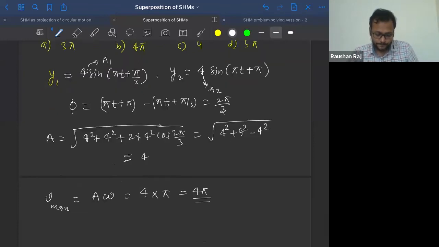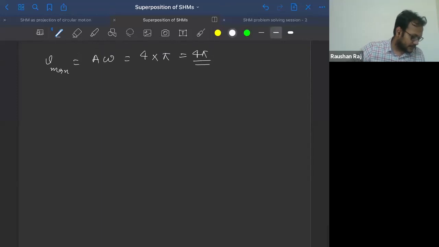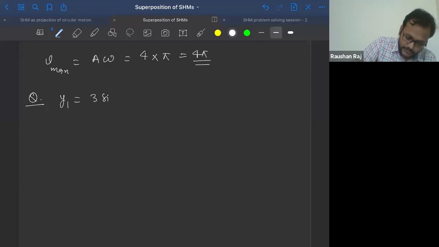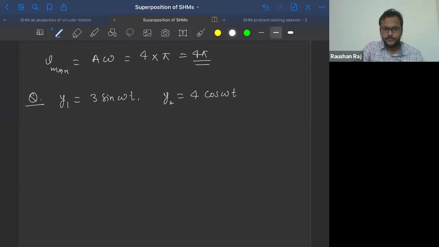Let us go to the next question. Now I'll give you one question with variable, different amplitudes. If y1 is given to you as 3 sin omega t and y2 is given to you as 4 cos omega t, it is a very simple question. The approach will remain exactly the same. So the resultant equation